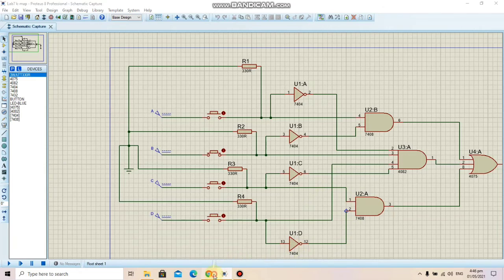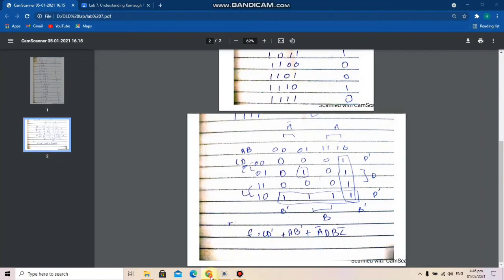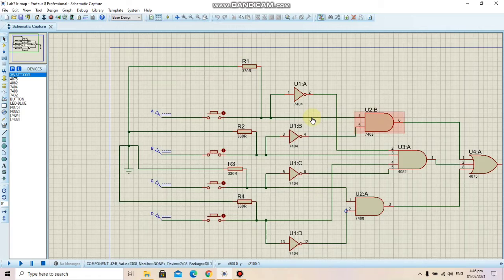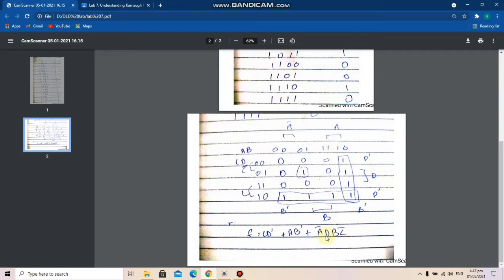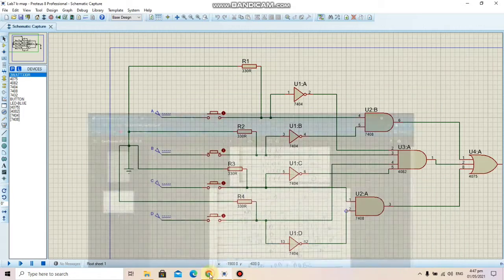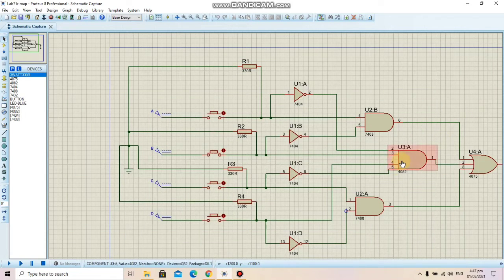Then we have A B bar. So we can see this AND gate here, A is here and B bar from this. So this AND gate is this term, and then the A bar D, B bar C. So here is the AND gate that represents A bar D, B, C bar.